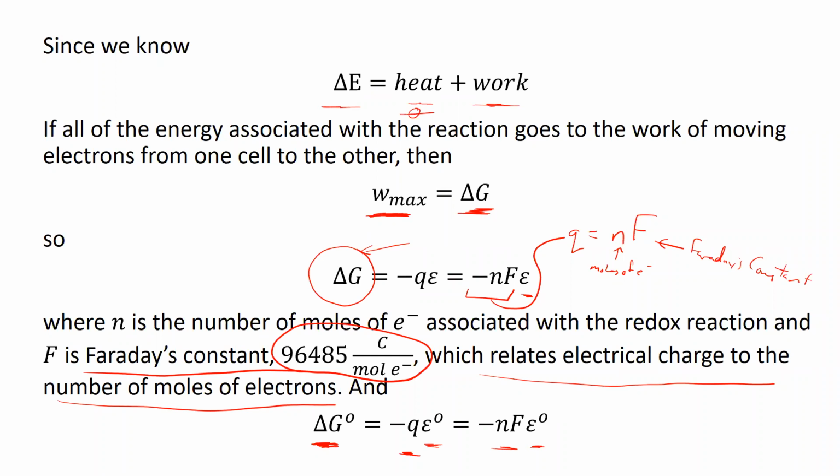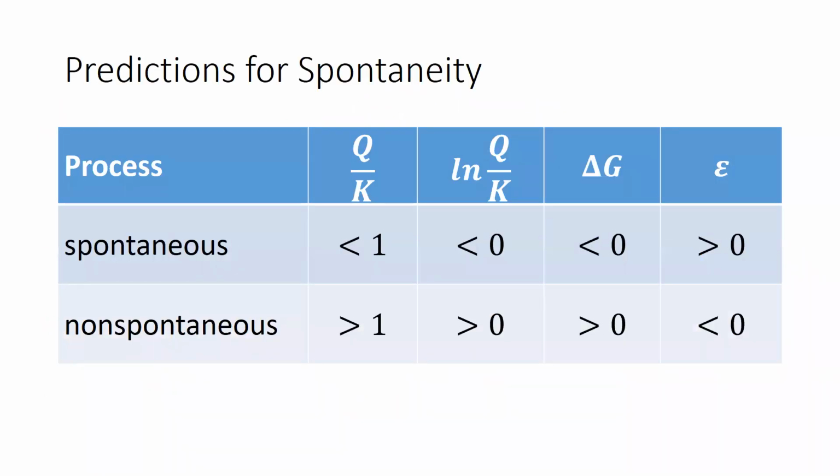So taking that stuff, we can now derive another equation that relates the delta G, the reaction's spontaneity under any conditions, to the reaction spontaneity under standard conditions. Now, something to remember that we've done in the past is relationships where you had something like Q over K, or the natural log of Q over K. If Q over K is less than 1, the natural log of Q over K is less than 0, and you would have a delta G less than 0, which would mean a spontaneous reaction